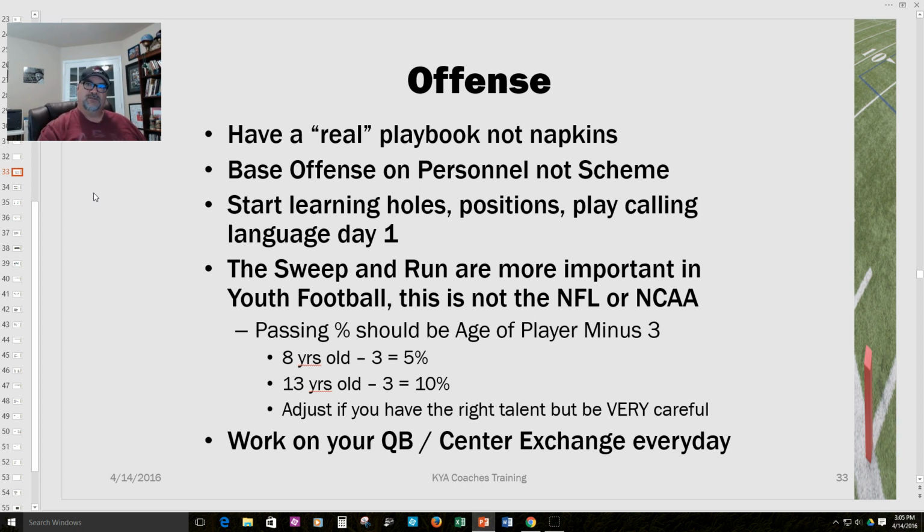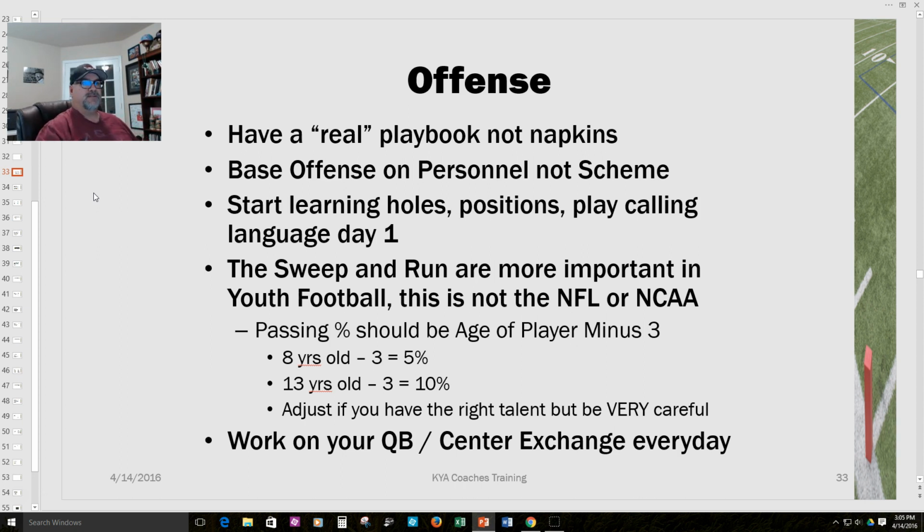We start doing that and we repeat that at every practice. And that's the key. You must start learning holes, positions, play calling language day one. We get right into it, and we rep it, and that's the key. The other thing in youth football offense is the sweep and the run are more important